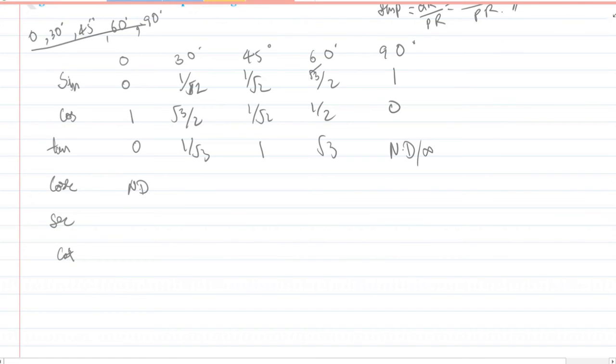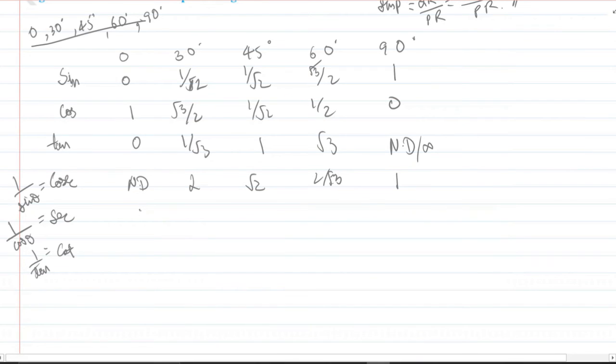So this 1 by 2 will be 2, reciprocal of sine. Cos, 1 by sine, 1 by cos. And this is 1 by tan. And this will be root 2. This will be 2 by root 3. And this will be our 1.